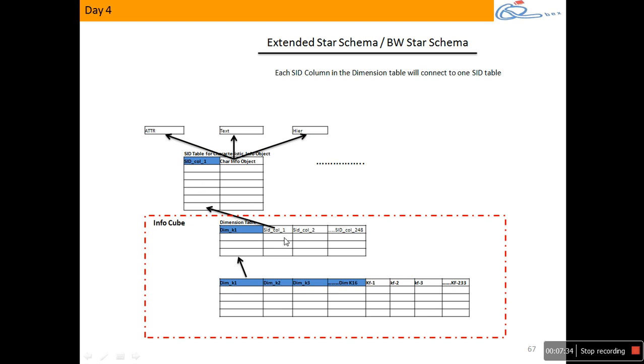To this SID table. That means each SID column is connecting to one SID table. So how many columns are blank like that? 248. If I go about filling all my 248 with 248 different SID columns, and each SID column connected to one SID table, how many SID tables am I connecting?